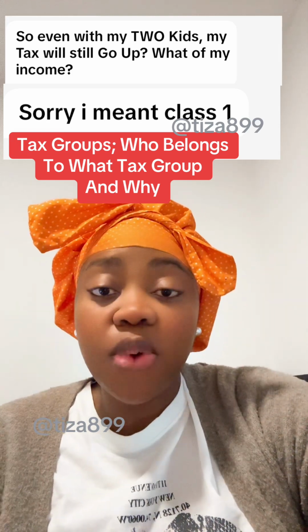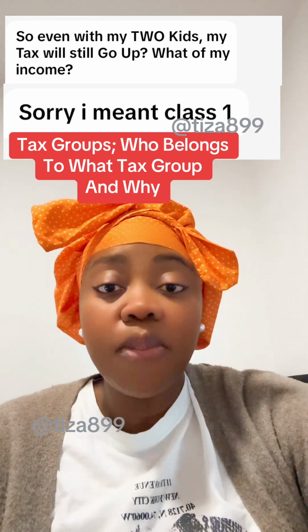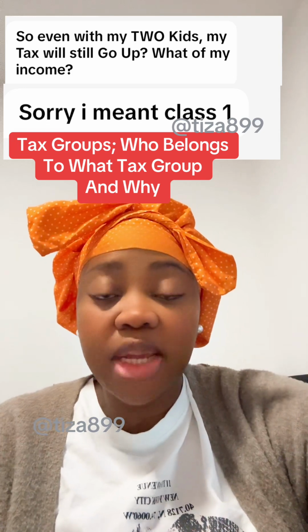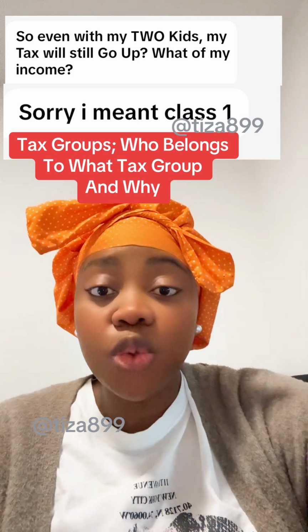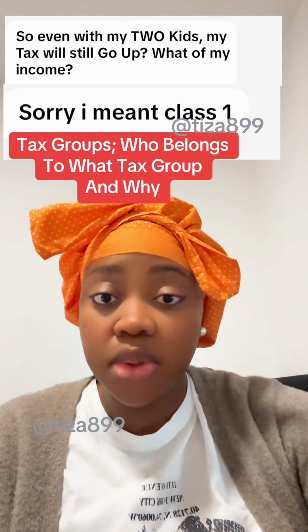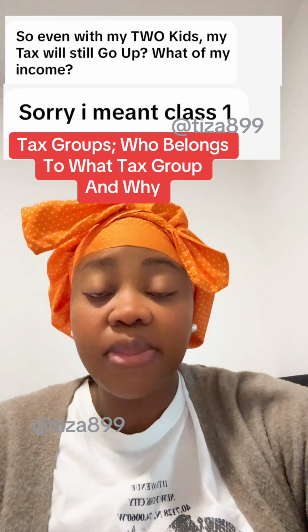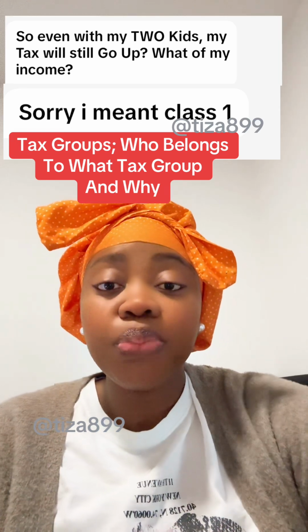People who will belong to tax 1 are mostly singles, okay? Singles, divorced, widowed, people who have separated with their partner for a very long time, like Dauergetrennt leben. And also people who may be married, but one of their partners doesn't live here in Germany, lives somewhere else and doesn't pay tax in Germany, and it's not taxable under the German system. That person will also belong to tax 1.